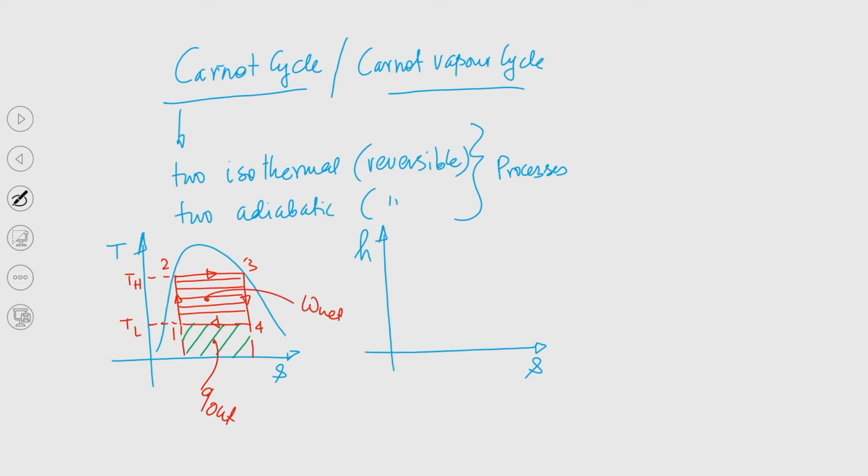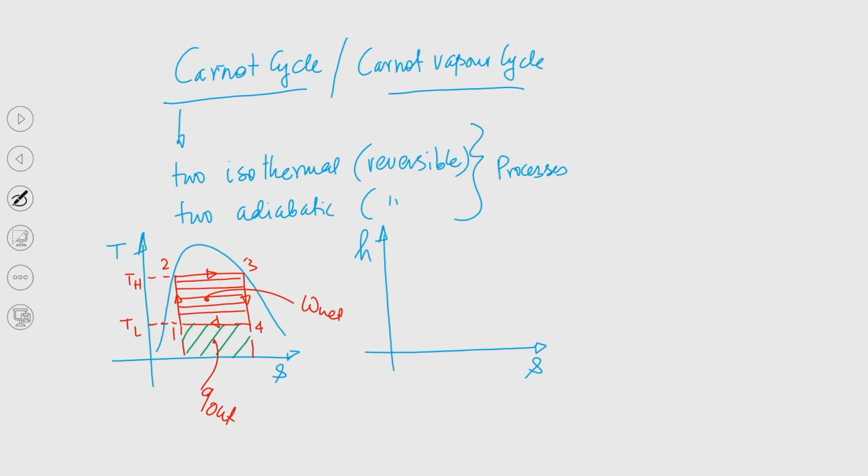Here we have shown the points 2 and 3 on the saturated liquid line and saturated vapor line, but for the sake of generality these 2 points could be shown to be inside the vapor dome, right. Although I have shown these 2 points on the saturated liquid line and saturated vapor line, for the sake of generality these 2 points could be shown to be inside the vapor dome.